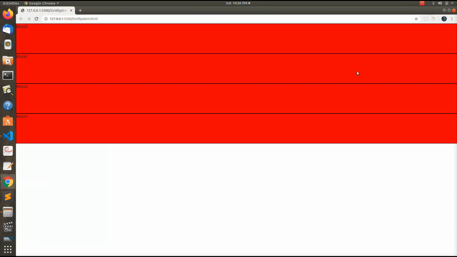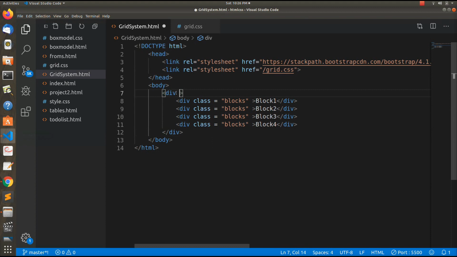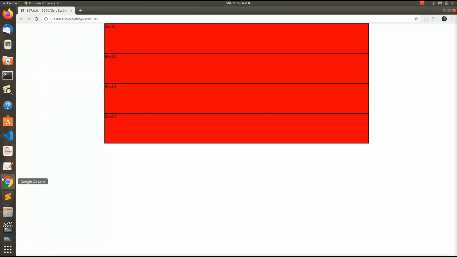Okay, so let's first bring this a little more to the center of the screen. So in your code, go ahead and give this tag a class of container. Now container is a class of Bootstrap only, and you can see it makes the following change. Okay, so now what does it do? It brings your layout to the center of the screen and provides margins to the left and the right side here.